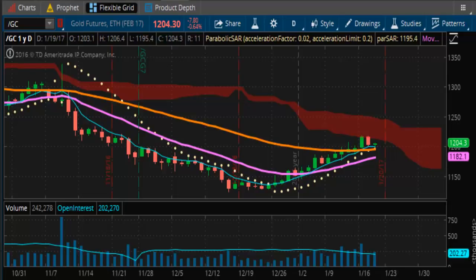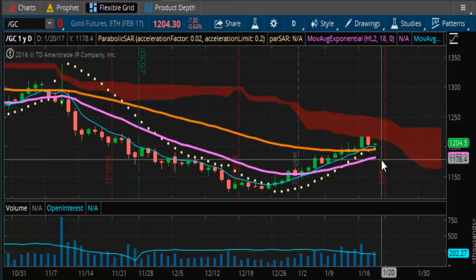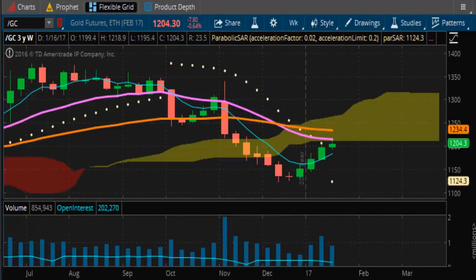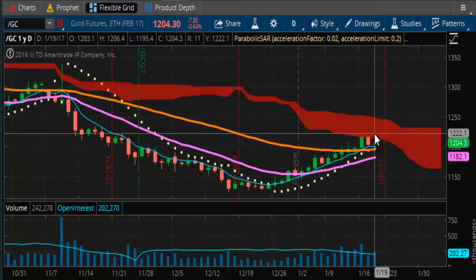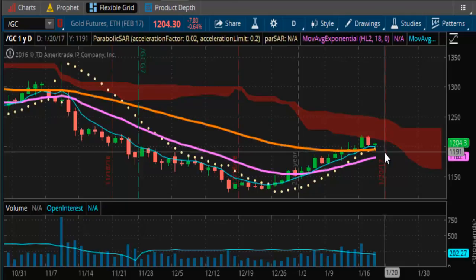And you're looking at a chart of gold futures. As you can see, gold is holding on at 1200 to 1210. So we need to see what else can happen here. I want to blow this up for you so you can get an idea of exactly how this market is obeying the parameters. As you can see here, it's above the 1200 mark, which is a very bullish sign going forward. It should be able to push into the Kumo cloud of death, get back up to around the 1250 range. That is our initial target that we're looking for right now. But it has been obeying the trading range of